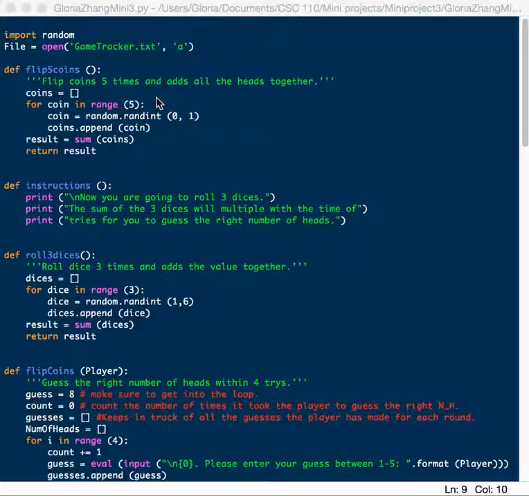Okay, today we're going to talk about how to make this guessing game. So the main idea is that two players each take turns to flip 5 coins, and we're guessing the number of heads. So that will be between 1 and 5. And then it adds all the heads together, and whoever gets the right number within 4 tries gets to move